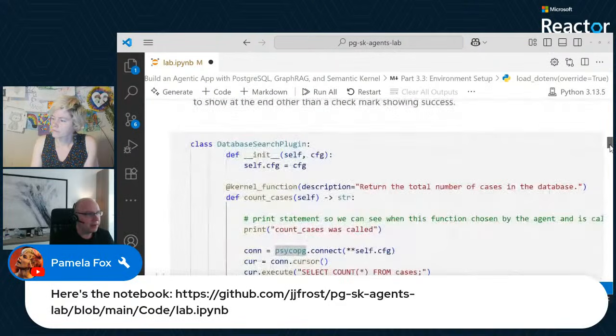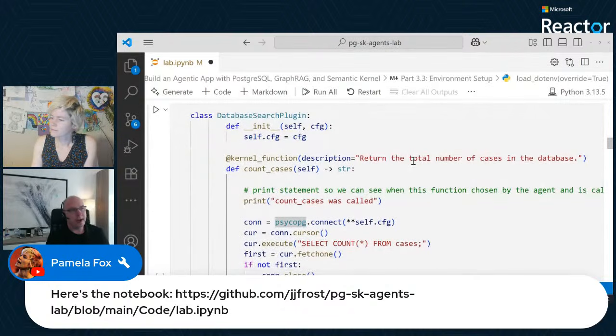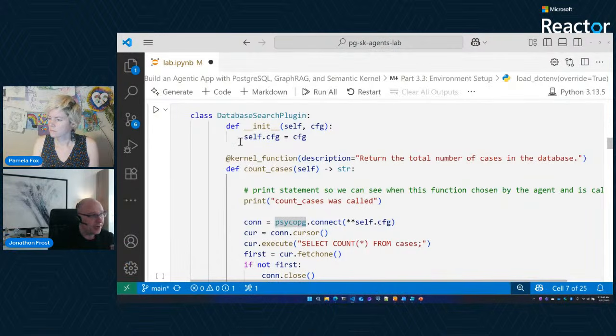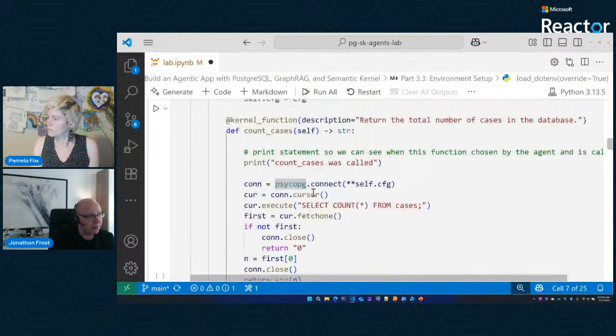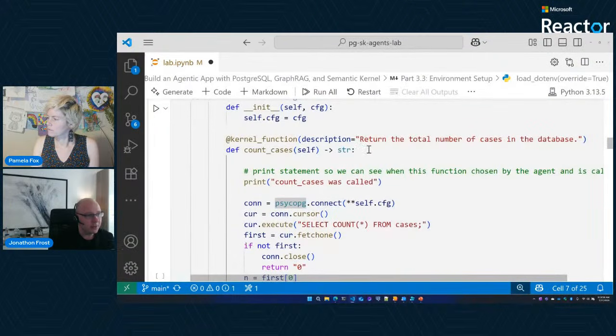So we're going to be building our first plugin. As we talked about, a plugin is a collection of function tools. You'll see that we have a class that we're defining called the database search plugin. We have two kernel function annotations here. The first is a very simplistic one where all it is saying is, let's get the number of court cases back from the database.